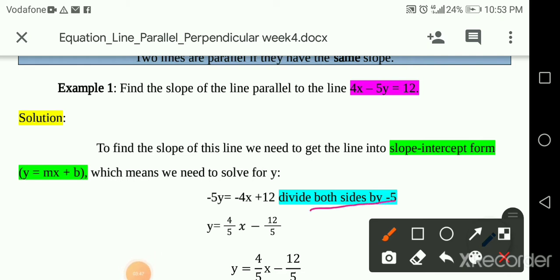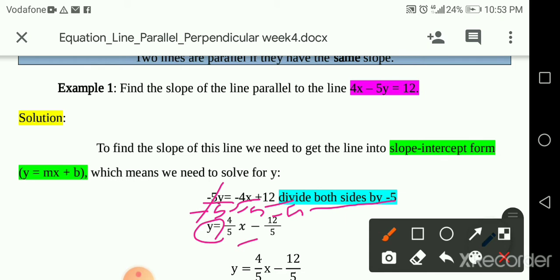I divided the first term by negative 5, and this one by negative 5. Negative goes with negative, and remaining here y equals 4 over